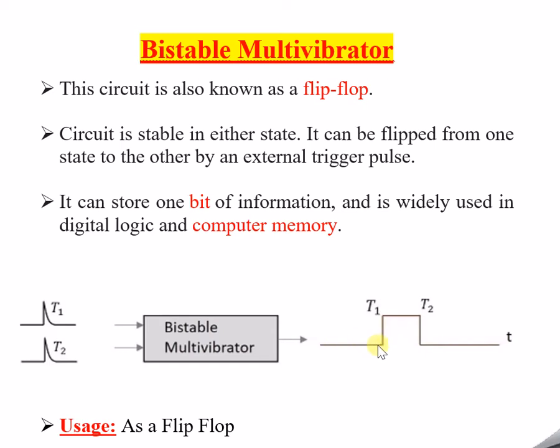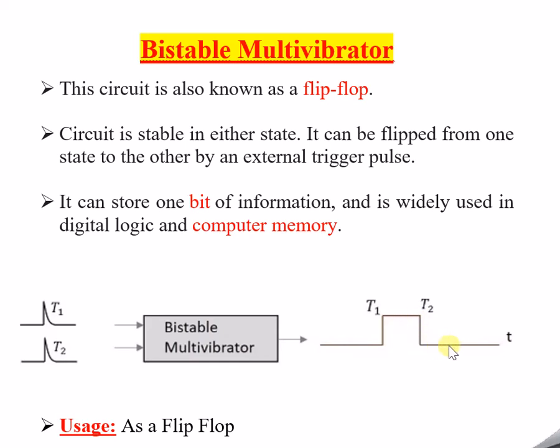It is already in off state. Output is already in off state. So because of this T1, up to T1, it will be in on state only. That means it is in one stable state now. Correct? So after this, what has to be done? If I leave it like this only, then it will be a monostable multivibrator. But I want the circuit to behave in a stable way in both on state and off state. Okay, so now it is in on state, it is stable.